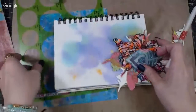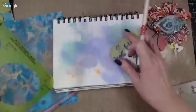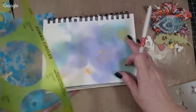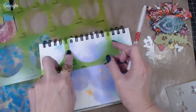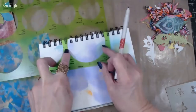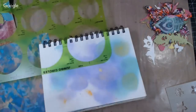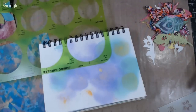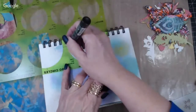So I took a template like this, okay? And I started on the edge. You see the template has the lines here. And where my page starts and stops, I can put that right on the line. And I can grab a pen and I get something that's not water soluble in case I want to do something wet on top. And I just start drawing